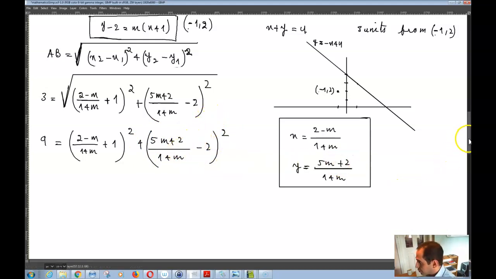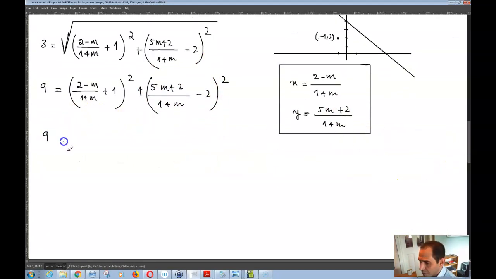And this is equal to, you can write this as 1 plus m, 2 minus m plus 1 plus m, whole squared,